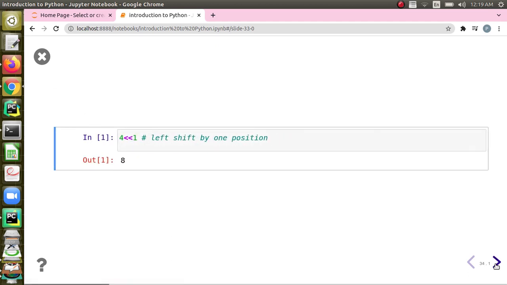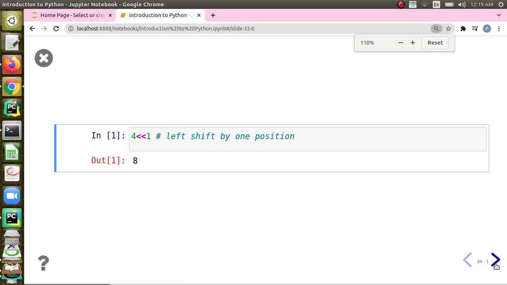When you look at the operators, we have the left shift operator first. We use left shift with two less-than symbols. Here we say left shift once, one time. This is how many times it should be shifted.